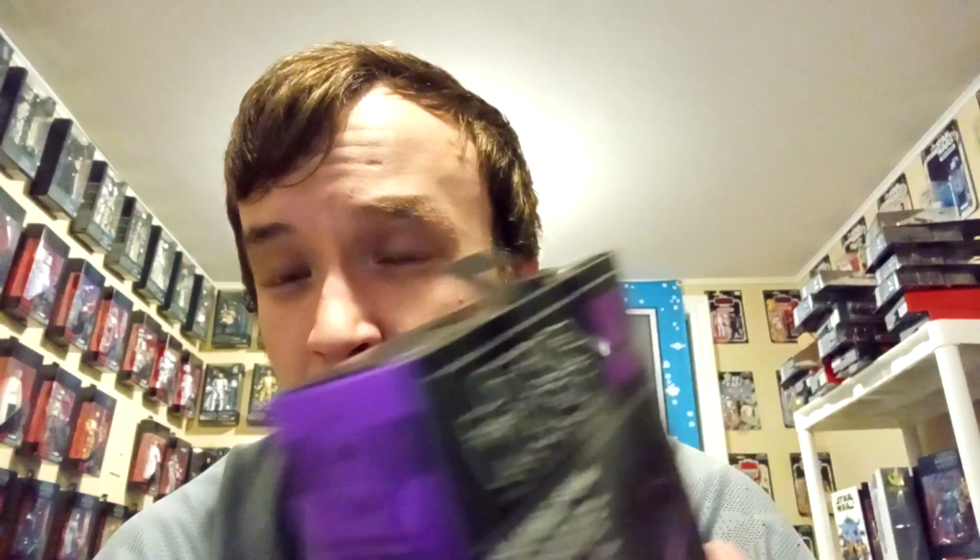The journey from Sith to Jedi is complete in Star Wars Galaxy of Heroes, as redeemed Jedi Knight Revan wields his purple lightsaber while cloaked in Jedi robes. This is my only upsetting thing about the figure. It doesn't say Knights of the Old Republic, it says Galaxy of Heroes. I'm not too familiar with that game. I know it's a mobile game, but I don't play it. Where Revan made his debut in Knights of the Old Republic, they should have used that game, but I understand why, because that game's not canon. But I don't think this game's canon either. I haven't played it yet, but that's my only gripe about that figure. That figure is beautiful. I love Darth Revan, and they're releasing his Black Series lightsaber soon, so I hope one day